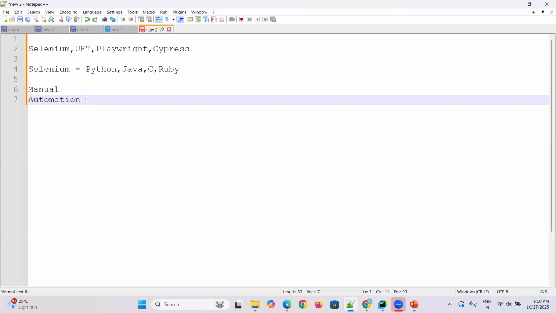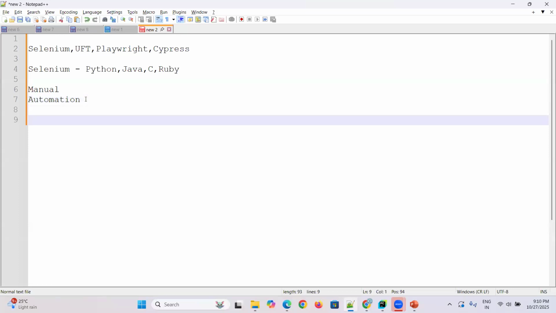At the start itself, we will not be able to automate everything. As I discussed previously, until the application stabilizes, we will not move to automation for sure. Later on we'll choose automation. That's fine. Coming to automation testing, it uses specialized tools and scripts which execute the test cases